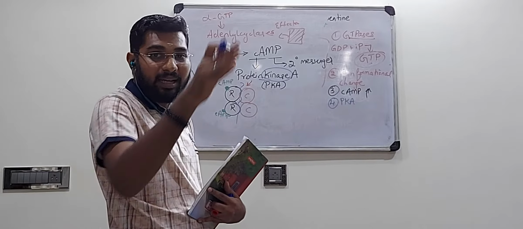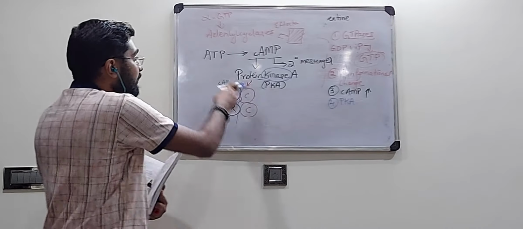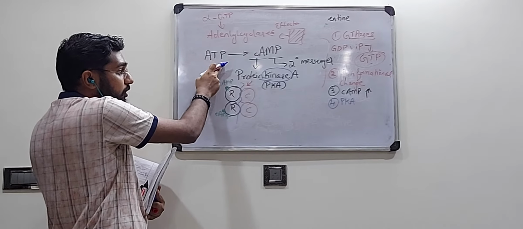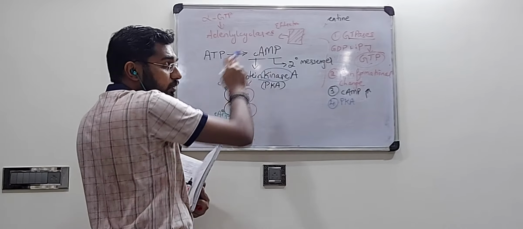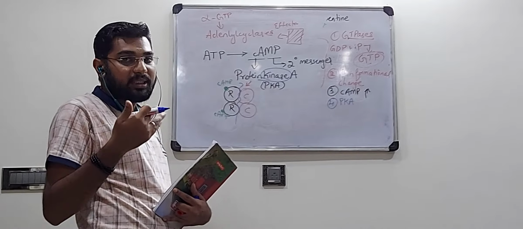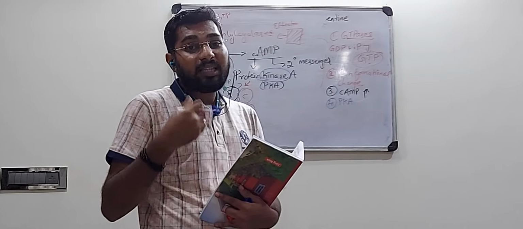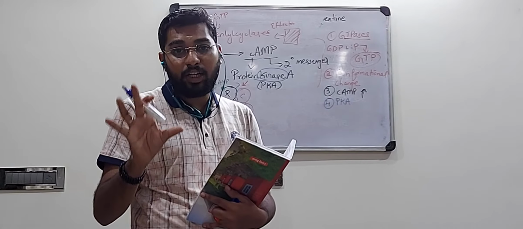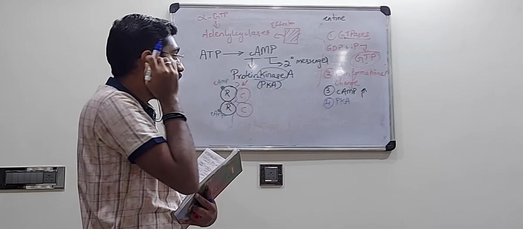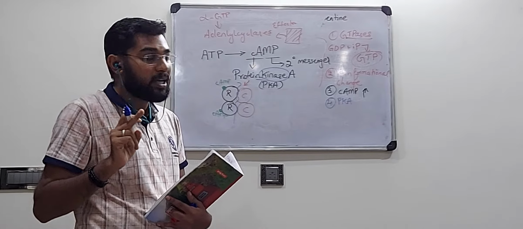So phosphate will be lying in the cytoplasm. For example, in this process ATP has converted to AMP. Adenosine triphosphate has become adenosine monophosphate. There are two phosphate groups. Like this, as a product of so many reactions, there are phosphate groups that are lying in the cytoplasm, and all this happens in the cytoplasm. So we have to take note of it. All these things happen in the cytoplasm.